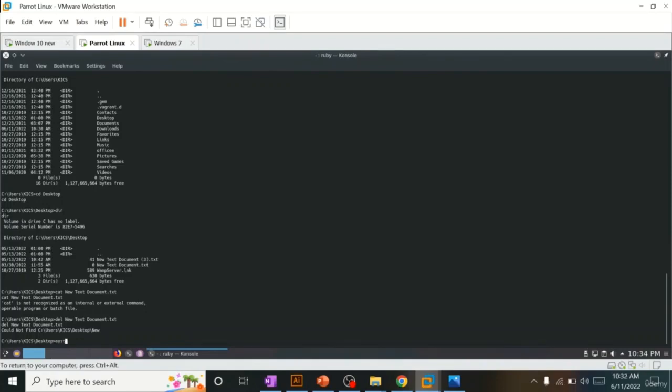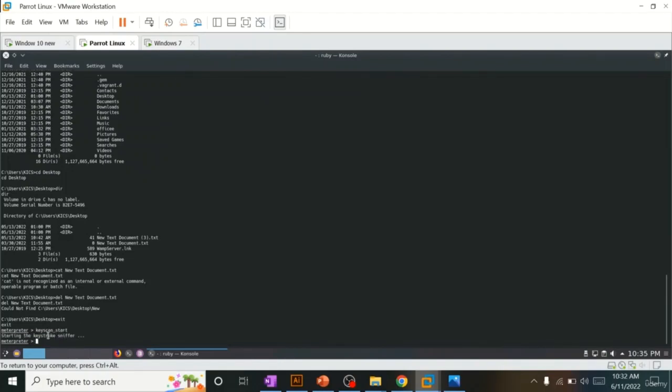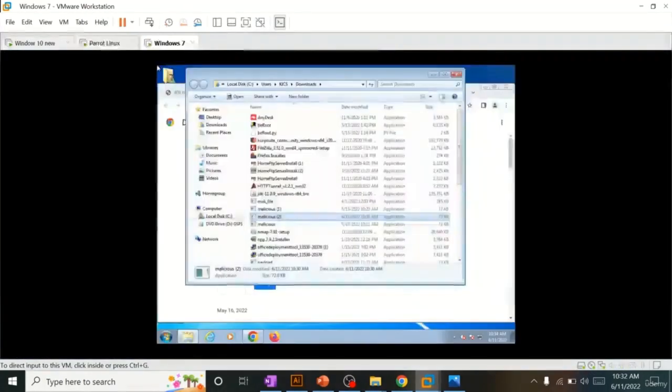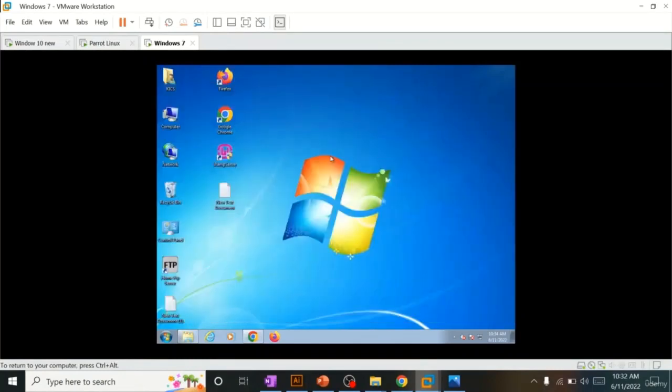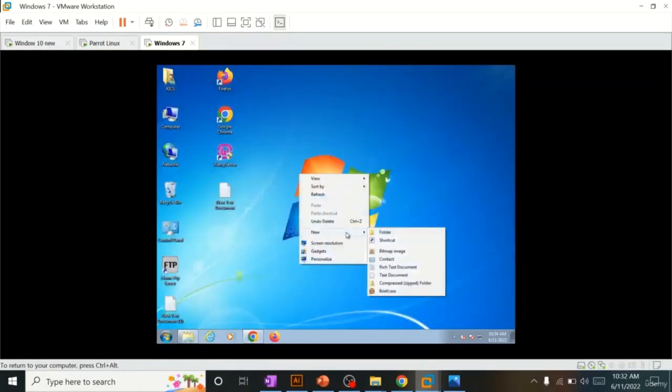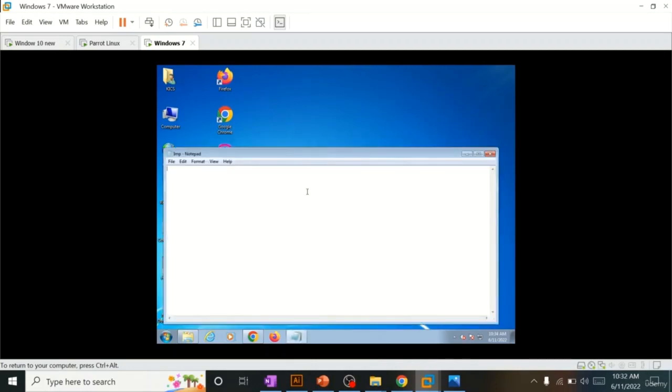Okay, if I exit from shell, I will move back to the Meterpreter again. Now if I type keyscan_start, it will actually activate the key sniffer. See here, the keystroke sniffer is activated. Now if I move to the victim machine, whatever I perform here will be captured. If I try here a new document, I type here